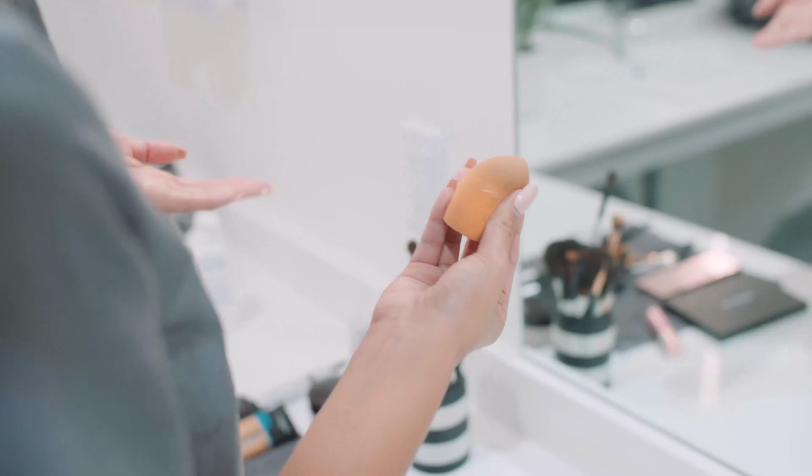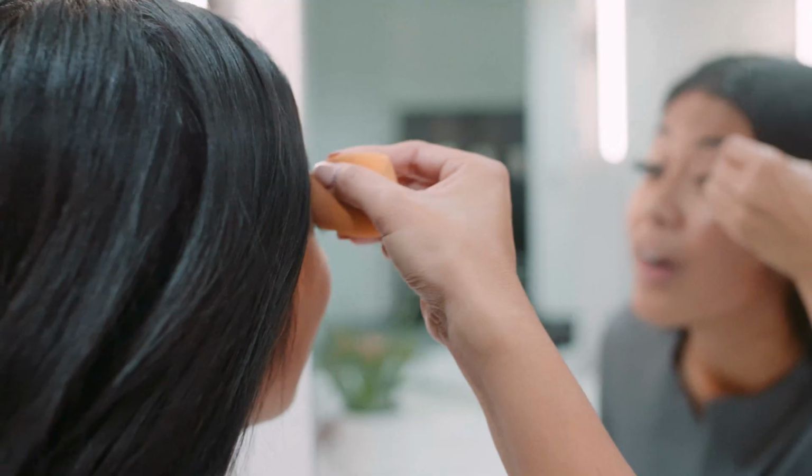I use a beauty blender just because it evens out the makeup around my eyelids. You can damp it. I don't like to wet it. And I just,